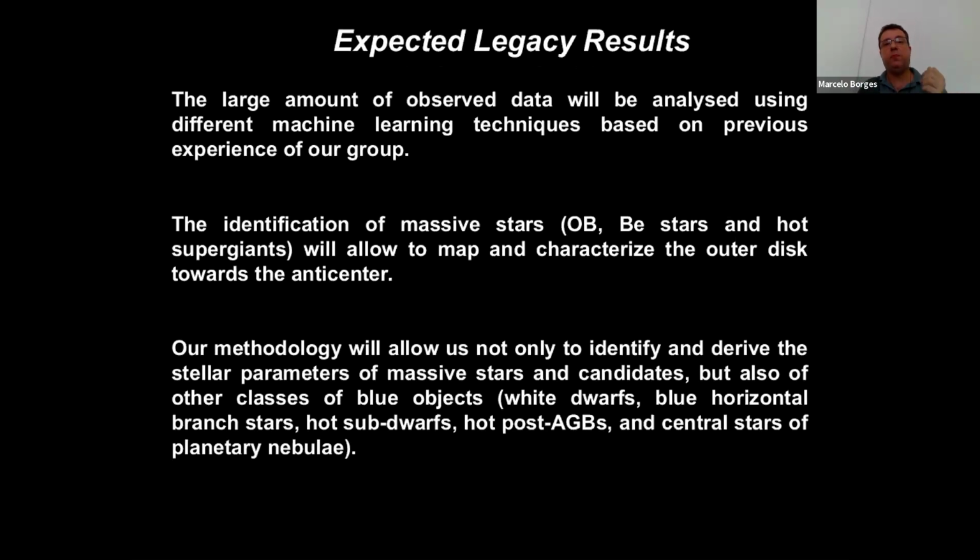So to finish, for the expected legacy results from this proposal, we believe that the large amount of observed data will be analyzed using different machine learning techniques. Based on our previous experience analyzing J-PLUS and also S-PLUS data, we believe that the identification of massive stars like OB, Be stars, and also hot supergiants will allow us to map and characterize the outer disk in the direction of the anticenter. And I think the most important part, our methodology will allow us not only to identify and derive the stellar parameters of massive stars and candidates,